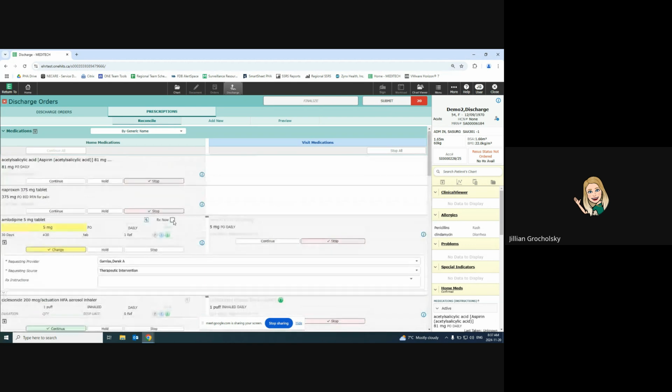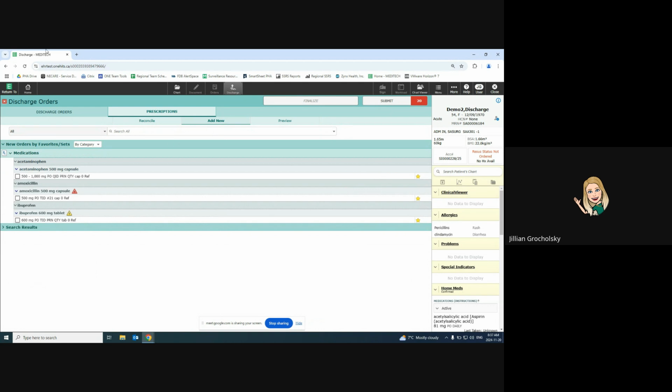Okay, so I've done my whole med rep. So again, working from left to right, I'm going to click add new. And what I wanted to point out here is you do actually have the option to set up some prescription favorites. This may be more handy on some services or in some specialties than others. For example, for an orthopedic surgeon who is often doing anticoagulation and pain management, they might set up some favorite prescriptions for them. In another service where it's very variable what you're prescribing at discharge, it may not be as handy. But just wanted to point out that you can certainly set up prescription favorites and you can complete them